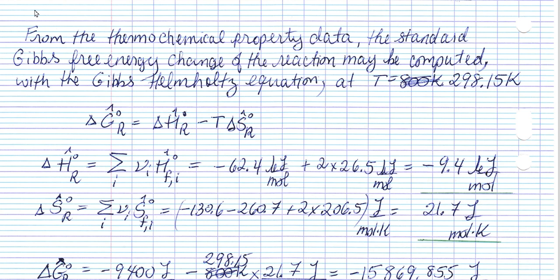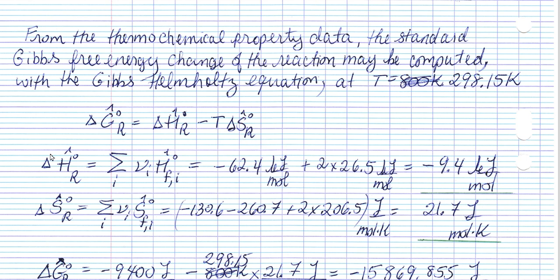From the thermochemical property data, the standard Gibbs free energy change of the reaction may be computed using the Gibbs-Helmholtz equation at a temperature of 298.15 Kelvin, which is 25 degrees Celsius. The Gibbs-Helmholtz equation is delta G is equal to delta H minus T delta S. And I will be applying it at standard state because the standard enthalpies of formation and the standard entropies